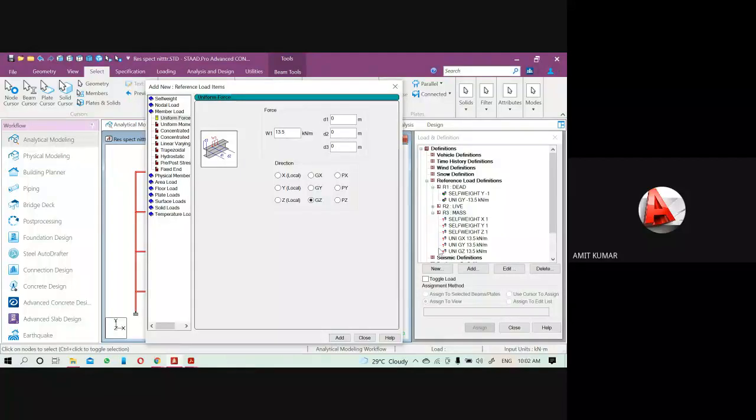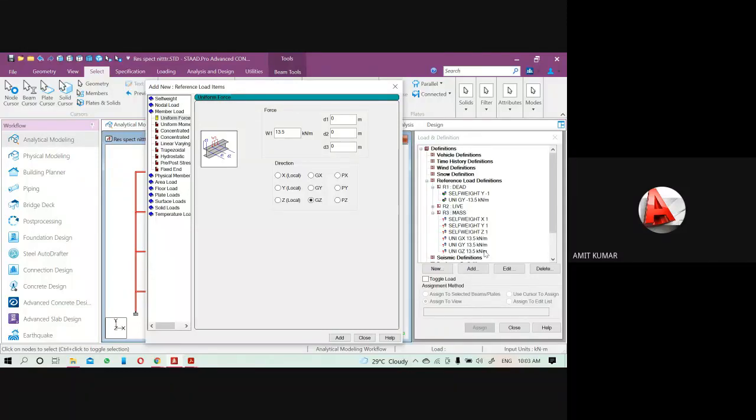Now I have to add the live load also. You know that in the static analysis I explained, whenever we add the mass or floor weight, in that condition 50% part of the live load will act as a lumped load. That is your dead load.